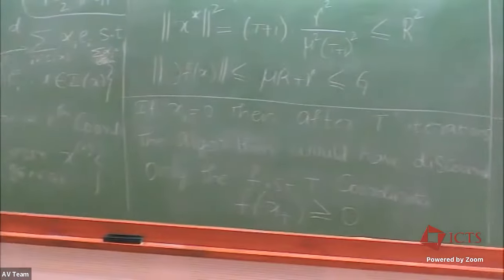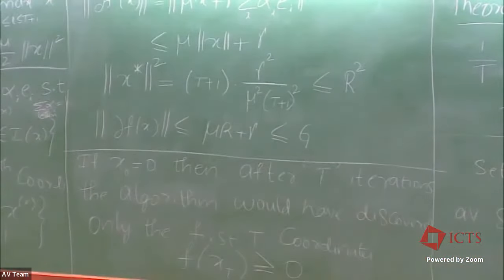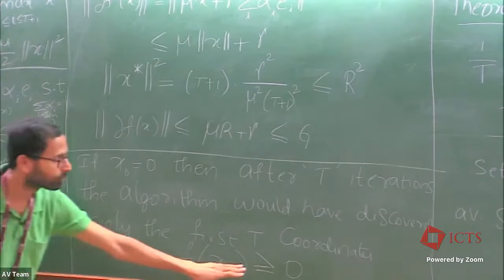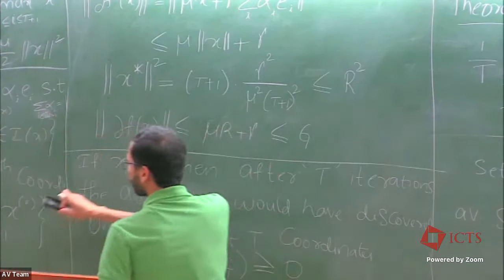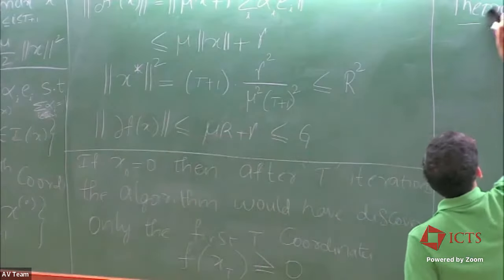Okay. So the reason for that is that we have this function. If only the first t coordinates can be set to negative and the t plus 1 coordinate is still positive, it means that this maximum has to be greater than or equal to 0, and then we have an additional term here, right? So the best value that this can take is actually only equal to 0. Okay, and at the same time, if we compute f of x star, where x star is given here,